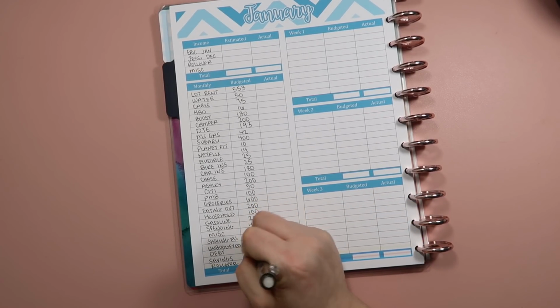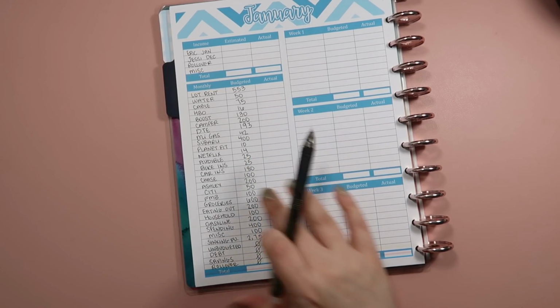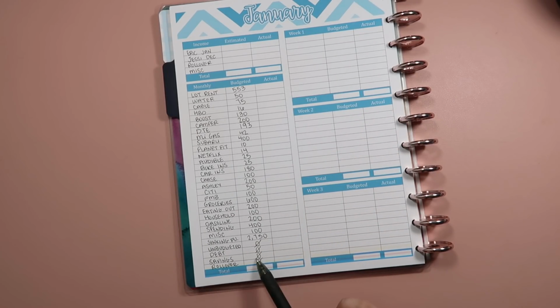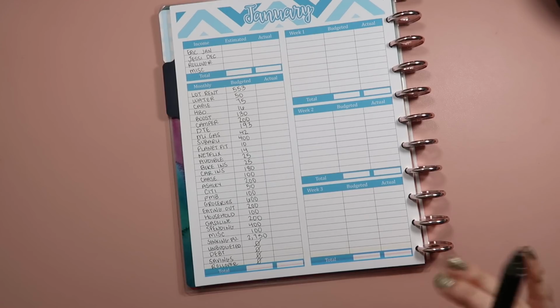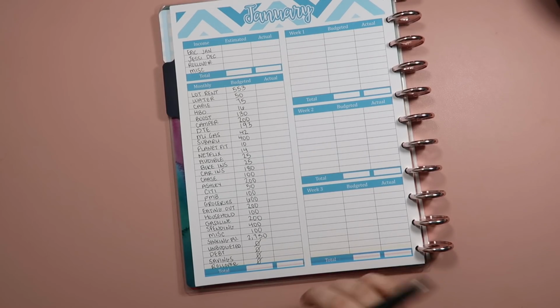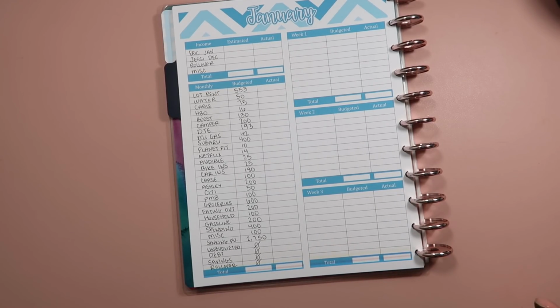So I'm going to write in 0, but with the idea that anything left over after all of this happens will be what goes into these categories. And it's not exactly accurate because, like, savings, I'm going to be doing savings challenges every single week. So that'll come off the top, not at the end, but I just don't know exactly how much to budget for with savings challenges because they're random, right? That's the nature of savings challenges. And we'll talk more about savings challenges in an upcoming video as well. So it's not quite 0 here